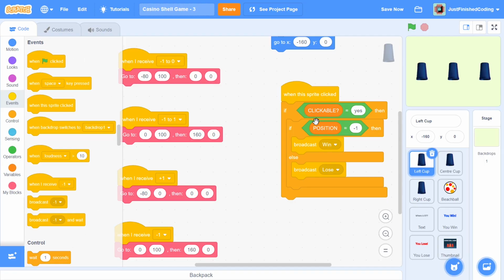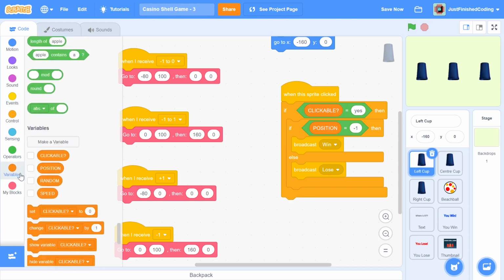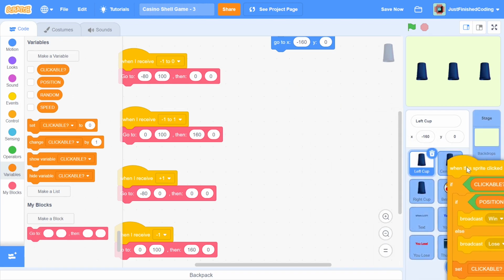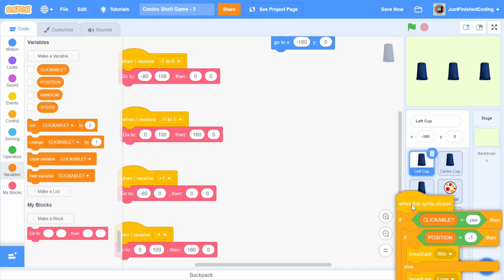So I'll broadcast lose. And once we're done with this, it's very important to make sure that we set clickable back to no. If we don't do this, then we are going to get a whole bunch of errors, because the player may select another cup right after this and just destroy the whole game. So set clickable to no, and that's it. The player can no longer change anything more, and now we can throw this code into the center and the right cups.